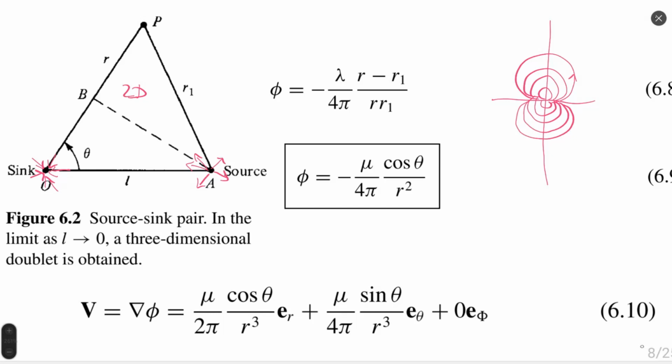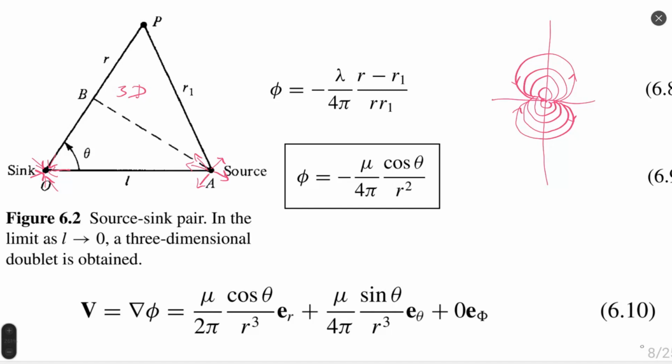Flow going from one direction is consumed by a point on the other side of the doublet. The distance between point A and O has a limit going to 0, but this is not the same point. So these points A and O do not compensate each other. They work in a pair, forming such a doublet. This doublet also has a very similar structure in three-dimensional flow.